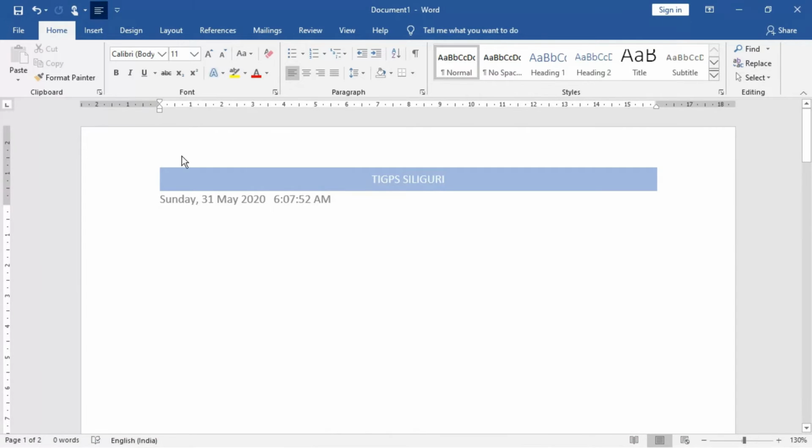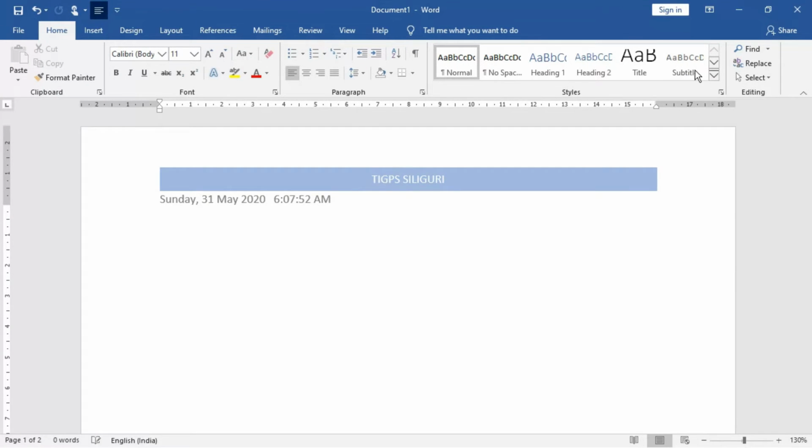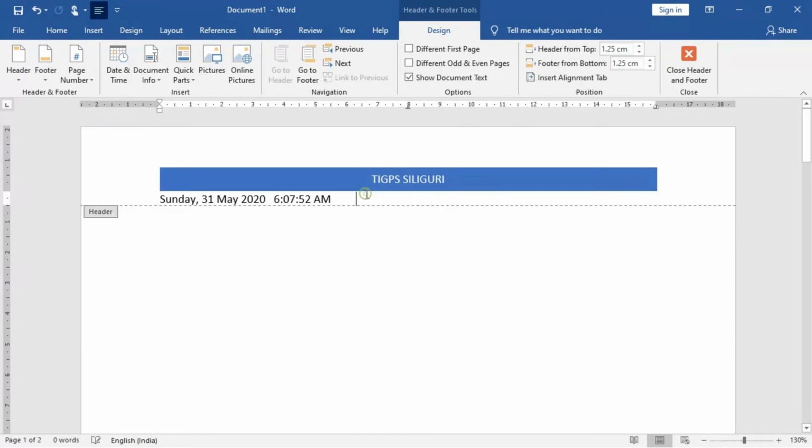Next I will show you how to insert a picture into the heading. You have seen the page number and date and time. One more thing, the page number. I'm showing you by double clicking in the area, so it has come over here. Now I'm going to insert the page number. This is the Close Header and Footer group, and by closing it you come out of it again. You can reactivate it by double clicking.